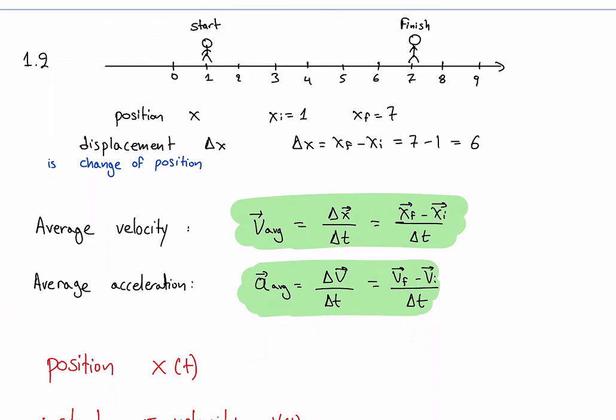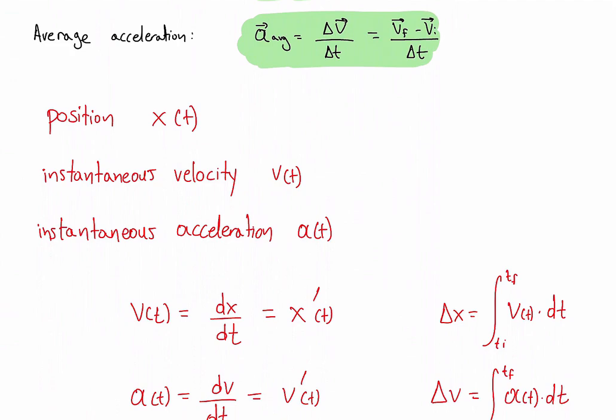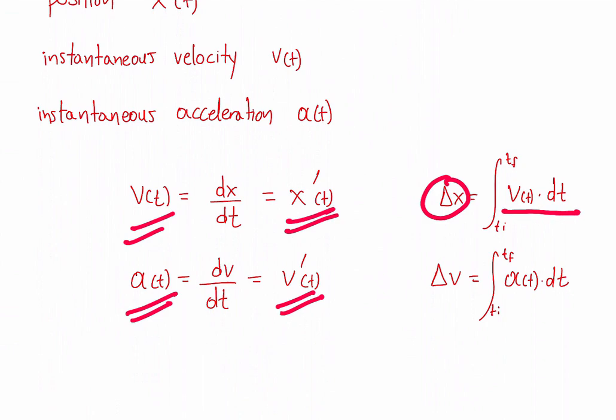Now, there is the concept of the average velocity, which is distance over time or displacement over time, and acceleration is the change of velocity, so acceleration is the change of velocity with respect to time. Now, any motion has a function of position, of velocity, and acceleration. And we need to know that the velocity is the derivative of position, and the acceleration is the derivative of velocity. And the reverse, that the change of position is the antiderivative of velocity, and the change of velocity is the antiderivative of